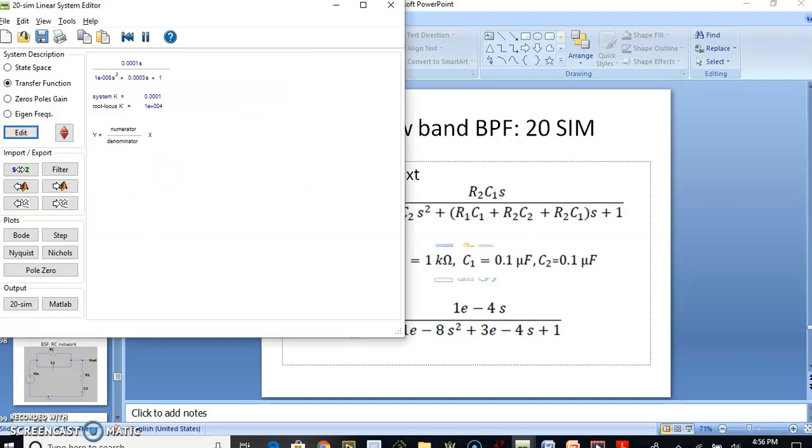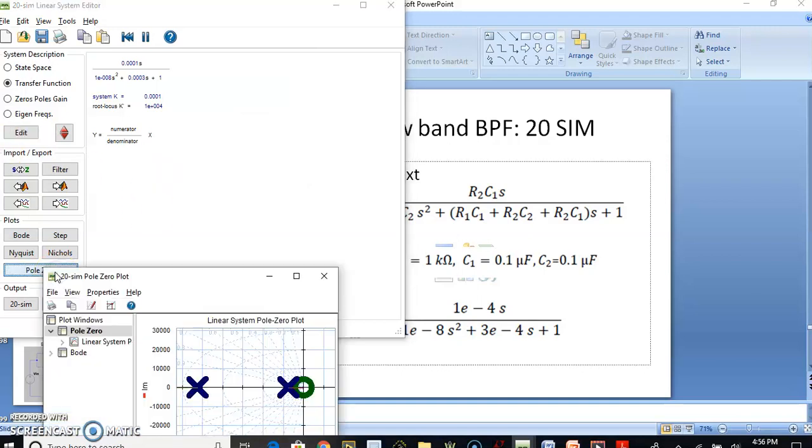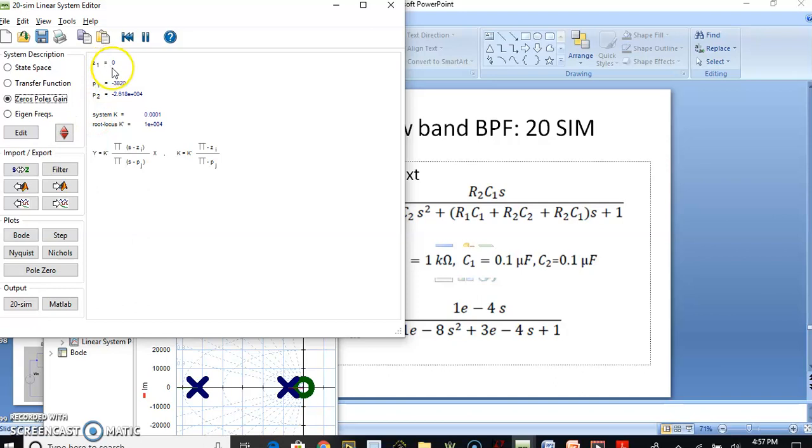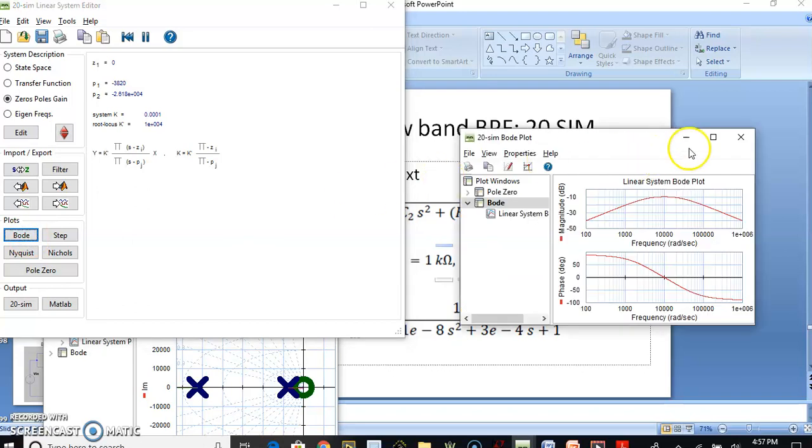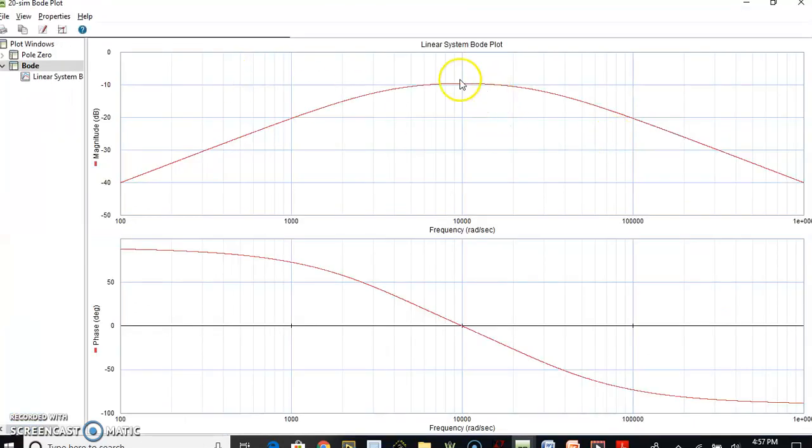If we apply this, we can know what the pole-zero position is. You can exactly make out the positions of poles and zeros. You can see one of the zeros is at the origin, one of the poles is at minus 3820, and the second pole is at minus 2.61 into 10 power 4, that is 26.18 kilo radian per second. You can actually see the Bode plot, yes, okay, this is the peak which is happening at